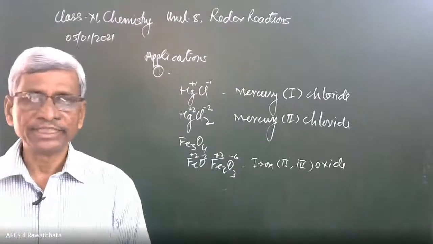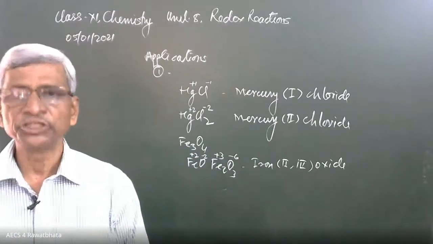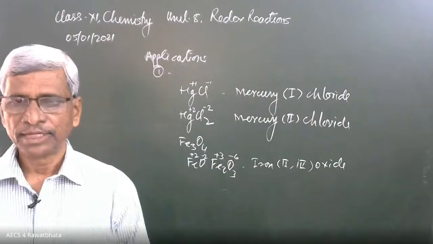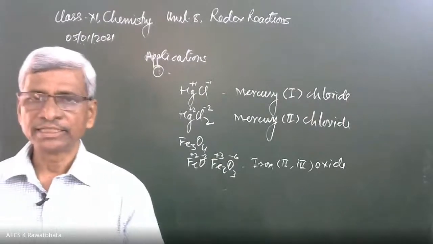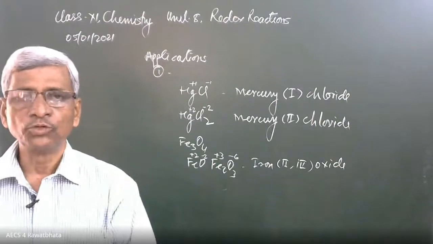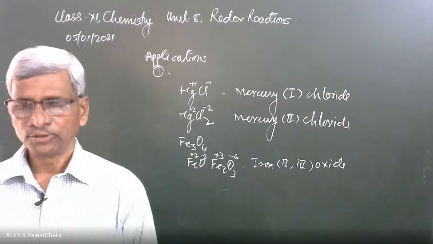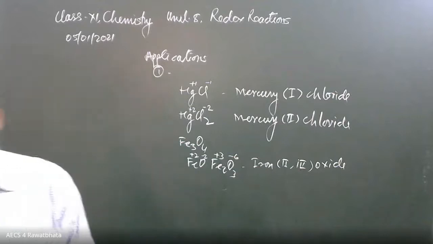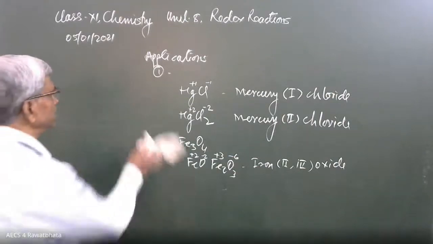At anode, oxidation takes place. At cathode, reduction takes place. That is the concept, and by that concept, we can decide which is the anode reaction and which one is the cathode reaction. After joining these two, we get the cell reaction. That is not in your syllabus. Galvanic cell or any electrochemical cell is not in your syllabus.